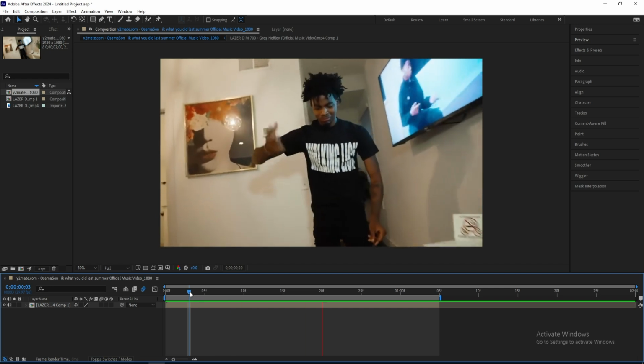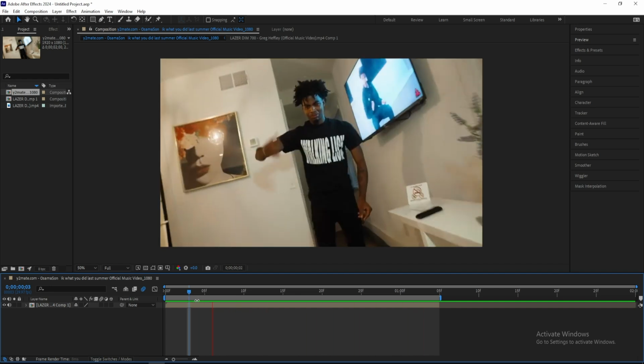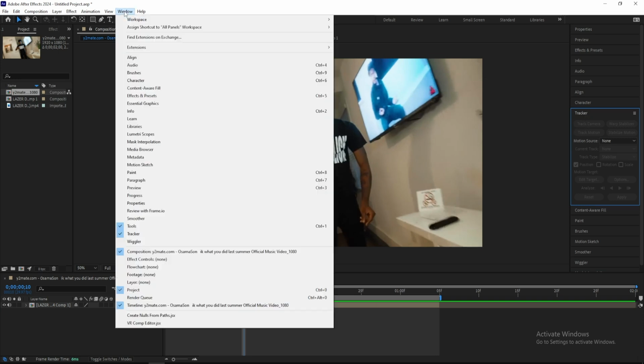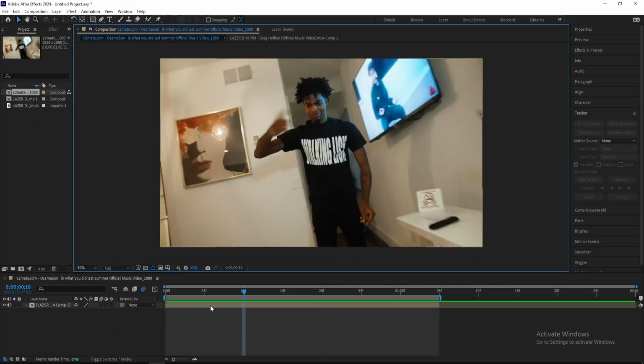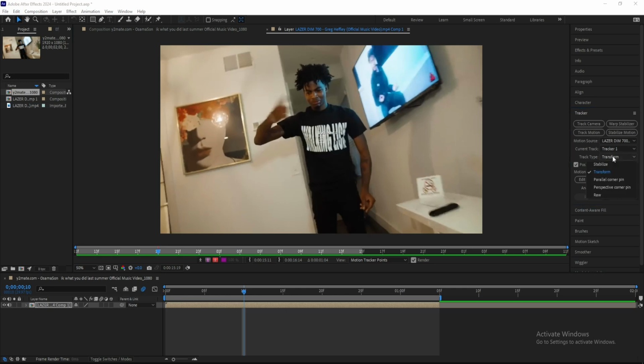So I got my clip right here from this Laserdim music video. What you want to start off by doing is go to tracker up here. If you can't see tracker, you have to go up to window and then select tracker. But I already have it selected, so I don't need to do that. So next I'm going to grab my clip and then go to track motion and then change the track type